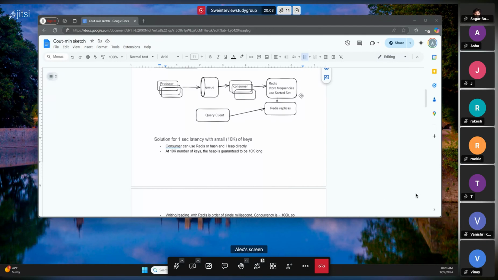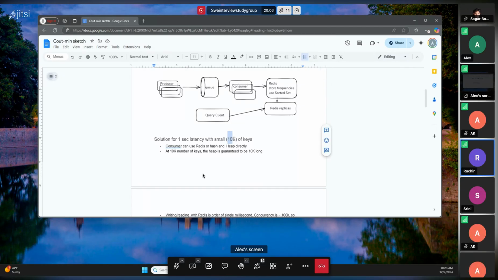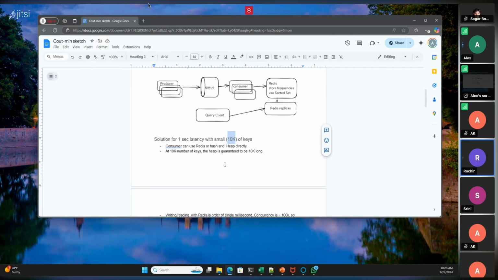What is the scale of this data? Sorry, I joined a little late, but I believe scale is around, can we say, kind of YouTube scale here? No. If the scale increases, a lot of the things start breaking. This is a very intro example of 10K keys. It doesn't matter the counts. You can have like 4 million per second each. That's okay, as long as you have enough time to write, 1 millisecond write to Redis, the counts could be large numbers. But the keys are 10K because that will define the size of